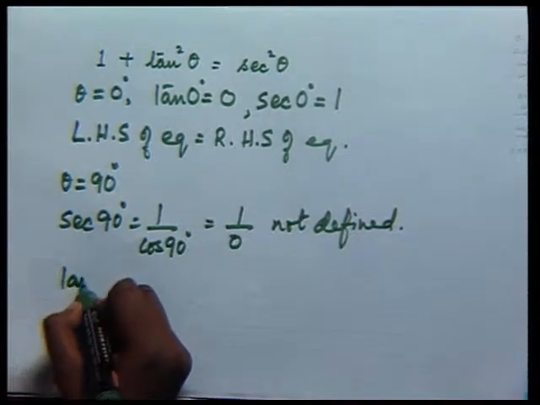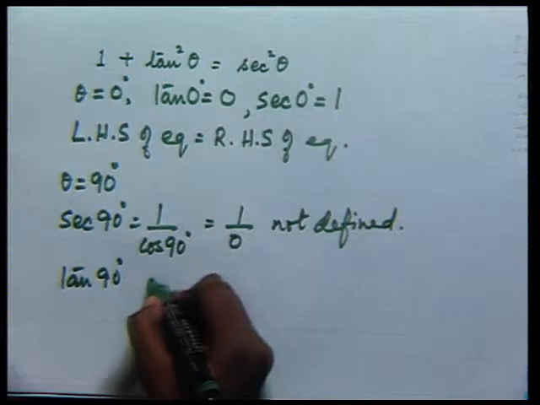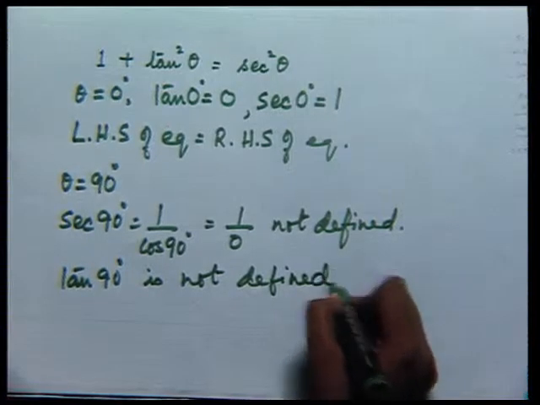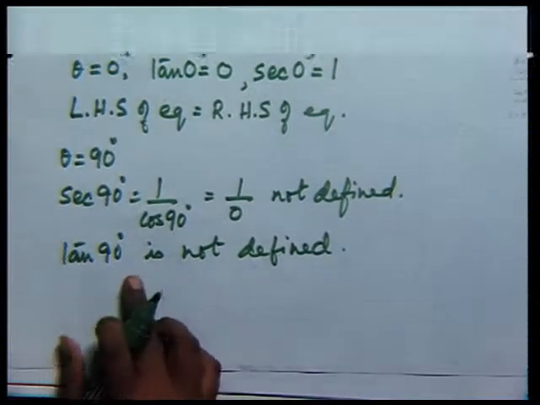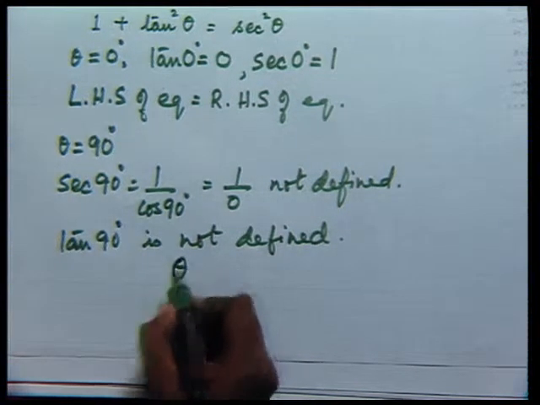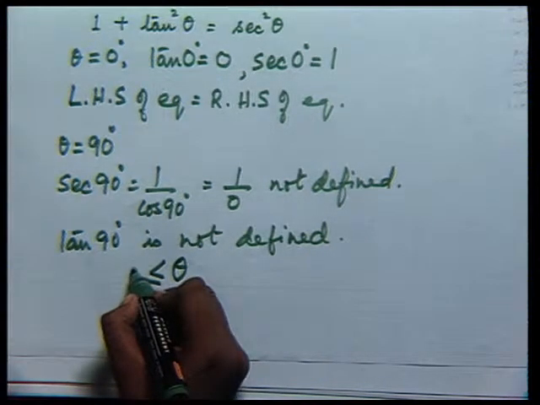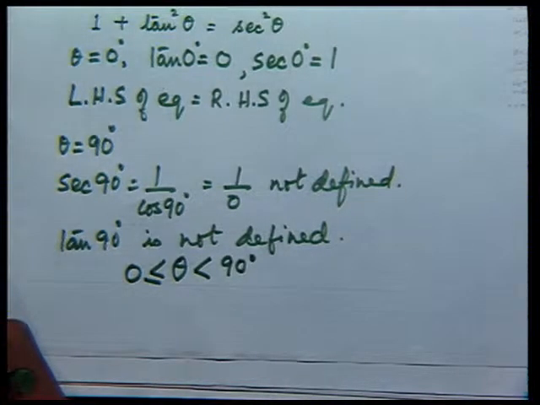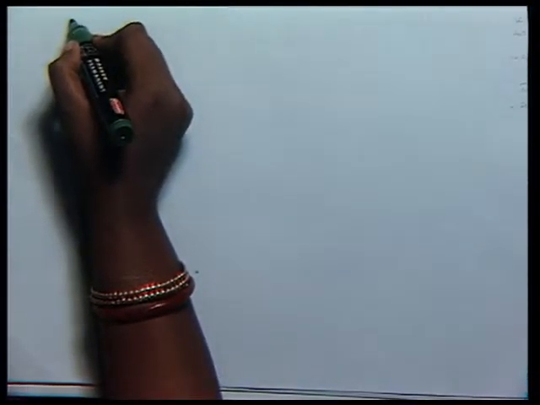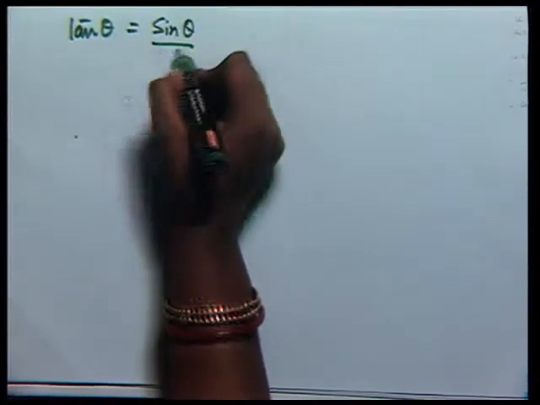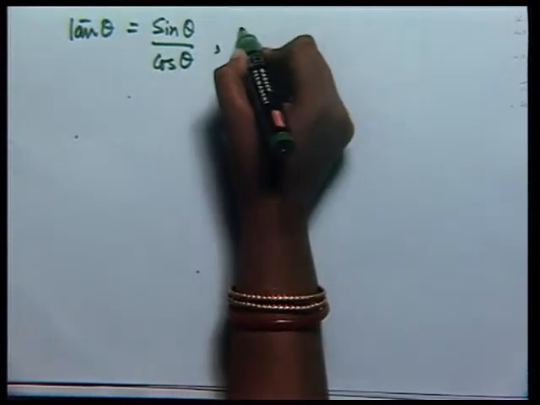Similarly, tan 90 is not defined, that means for theta equal to 90 degrees, this equation is not defined. So, the equation is defined for theta greater than or equal to 0, but less than 90 degrees. For any other angle theta, we know that tan theta is equal to sin theta upon cos theta, and sec